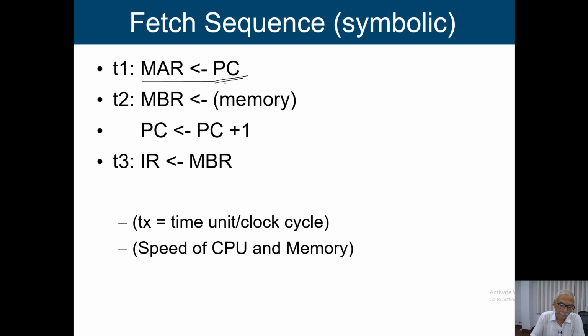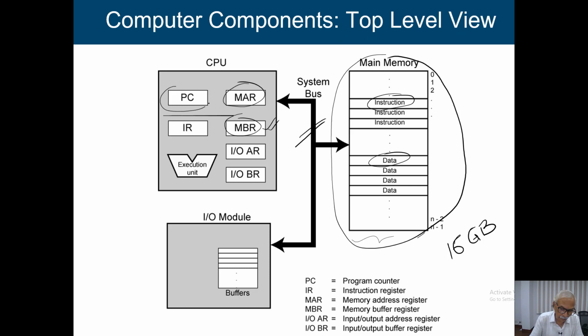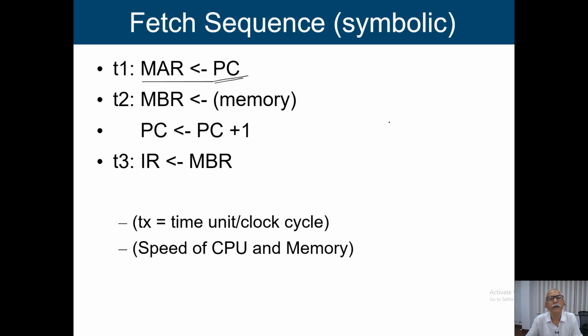So these are the two interfacing registers. In this particular case, first the PC value will be placed in the MAR. This is my program counter. The contents of the program counter will be put into the MAR, and that will go through this system bus, the address bus of the system bus, as an address to the main memory. Then from memory, once we read it, this information will come to my MBR. At the same time, PC is equal to PC plus 1. That means we are incrementing the value of the program counter, because after execution of this instruction, you have to fetch the next instruction from the next memory location.